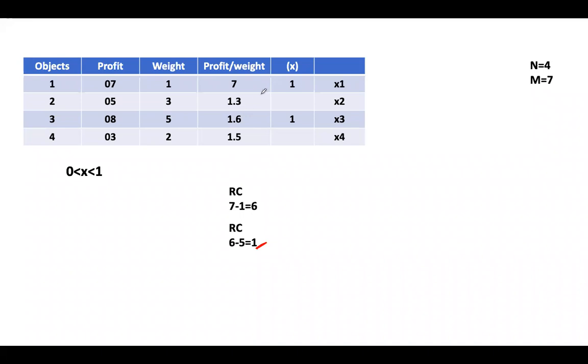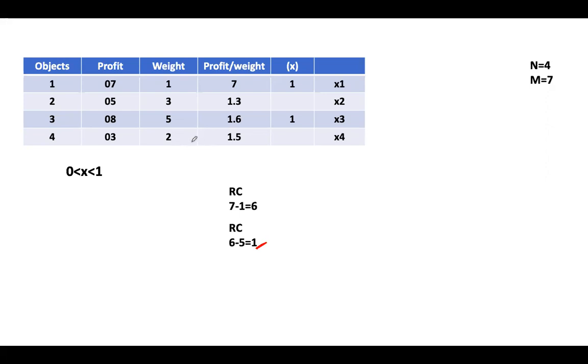The remaining objects are object 2 and object 4. The question is, among these two objects, which one will you select? That's the first question. Second thing is, the second object requires 3 kg, the fourth object requires 2 kg. Can you select among these two objects, because the remaining space is only 1 kg? That is what I told in the beginning itself. We can consider the fraction of these two objects. Any of these two objects, we can consider its fractional weight.